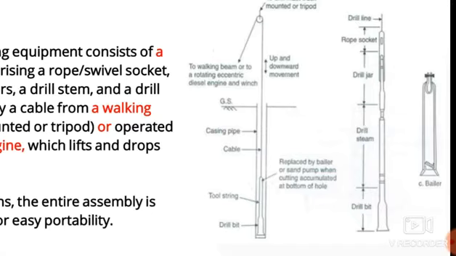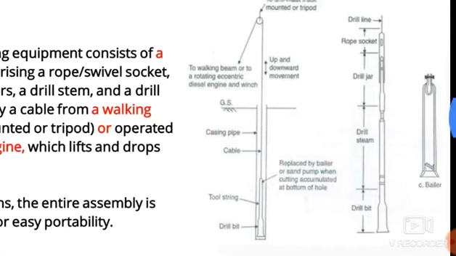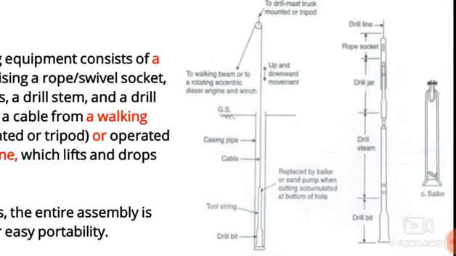So the drill stem is a supporting element for the drill bit, and a drill jar is there for balancing all these things, and a rope socket. At the end of the drill jar there is a rope socket for tying the cable. There is a cable which is attached to the diesel engine, and that cable is attached to this tool string by means of this rope socket.